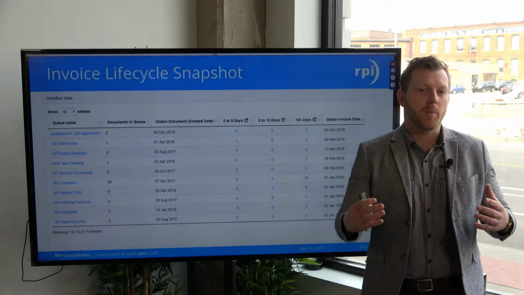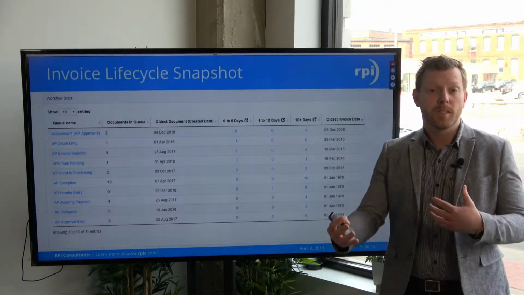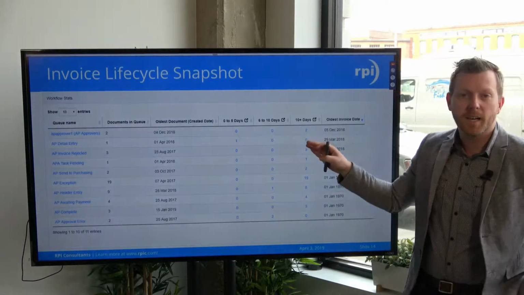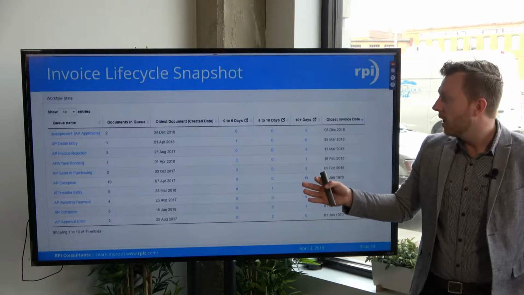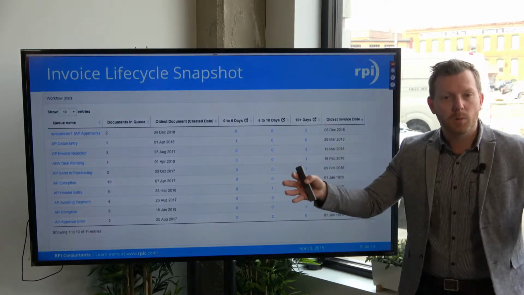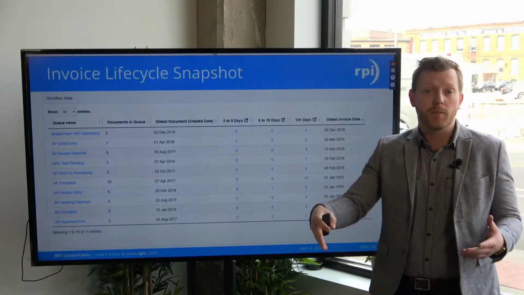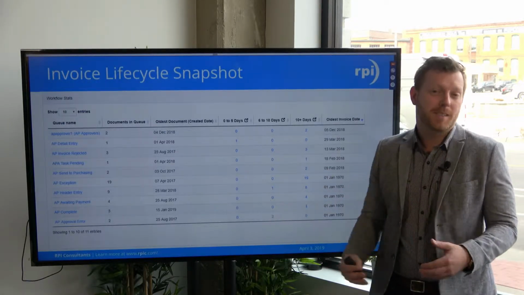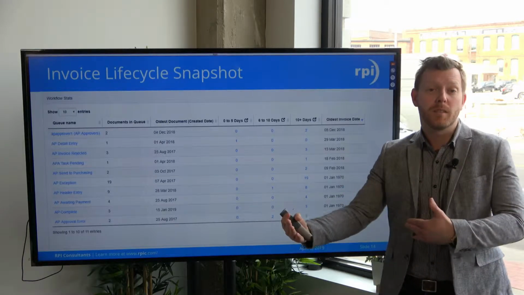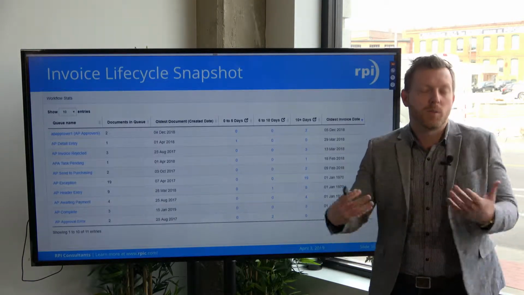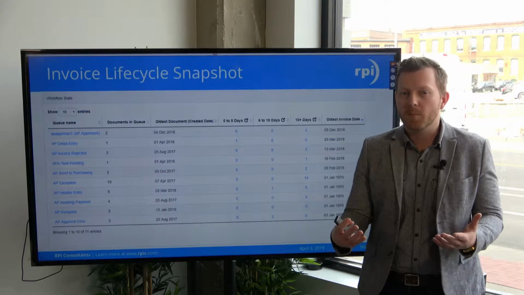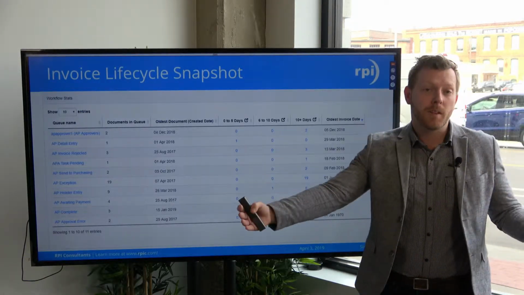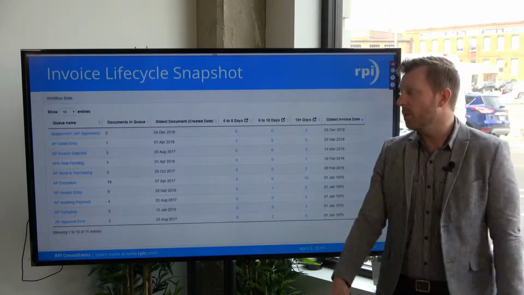So you're trying to pinpoint bottlenecks within your solution itself. So maybe if it's sitting with an approver, for instance, for more than 10 days or 20 days, you can essentially use this snapshot report to drill down, identify those invoices specifically, and maybe send a correspondence to that person to move it along and say, hey, you've been sitting on this approval for a long time. Approvals can obviously be kind of a headache for a lot of people. So a snapshot report like this will give you the opportunity to see everything that's in flight and move it forward through your workflow solution.